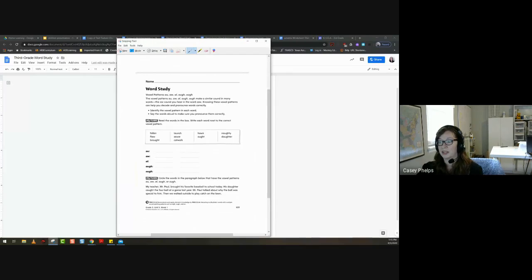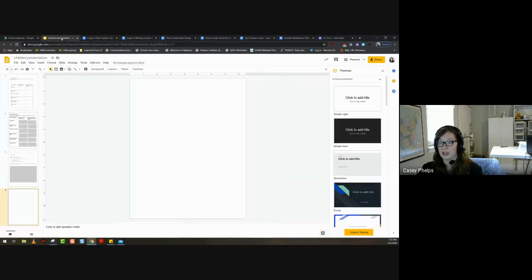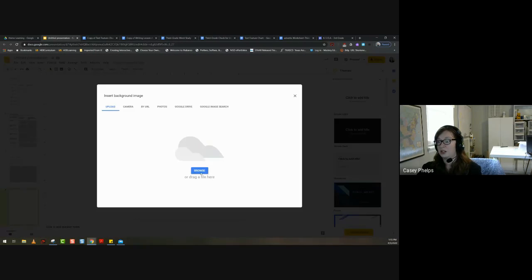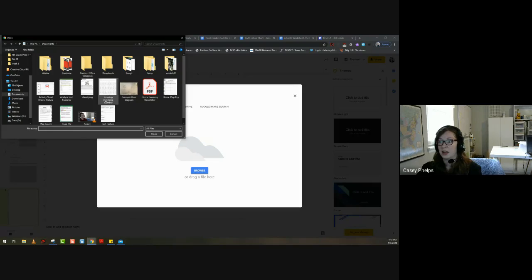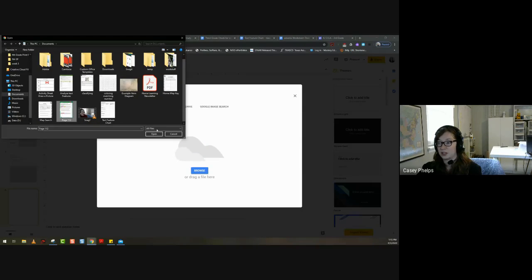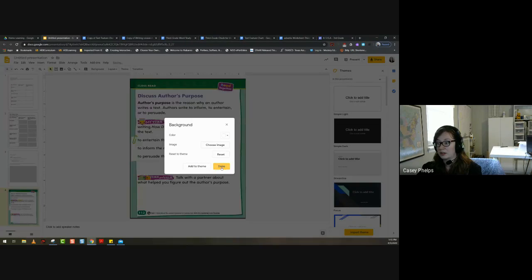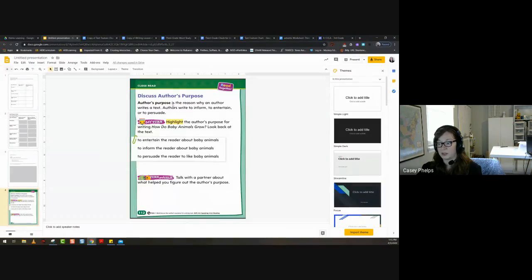Okay, so again, then there's my word study, and I can save that and put it straight into that presentation. Once again, going to the background, choosing my image, browsing for it, and we'll choose this one this time. So this is just another picture of a PDF. And so it looks very similar to the PDFs they would have, but I can come in and again put